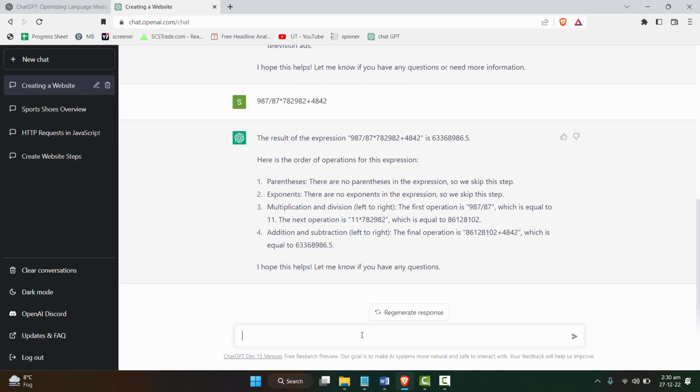Now, what uses can you get from this AI tool? There is no end to it. For example, if you are a YouTuber, you can make this tool write a script for you that you can use for your YouTube video. For example, write a YouTube video script for top 10 best fragrances.